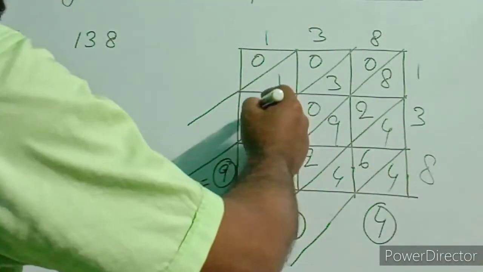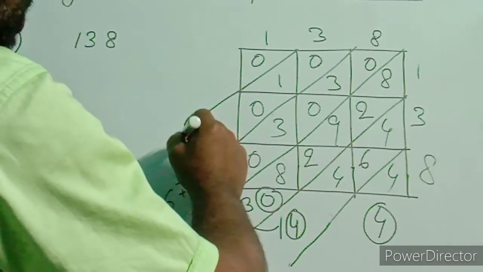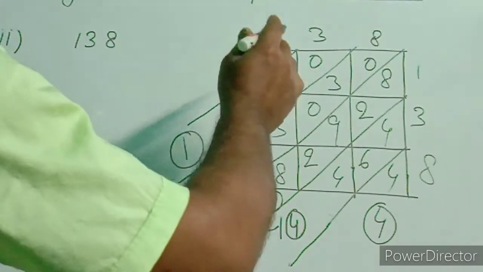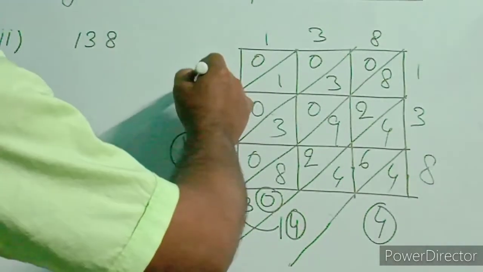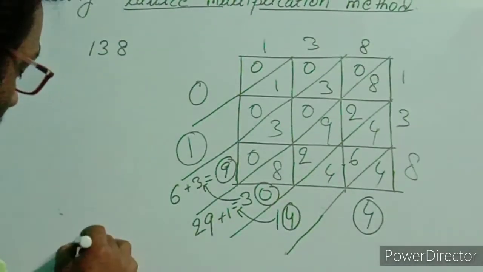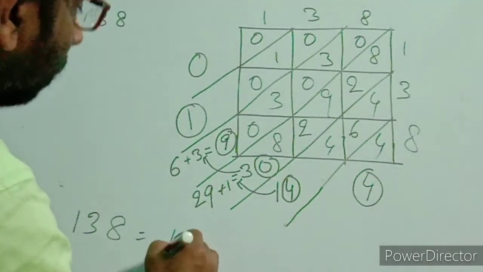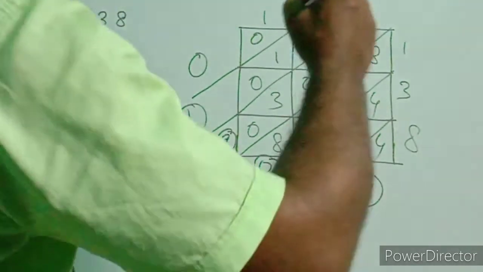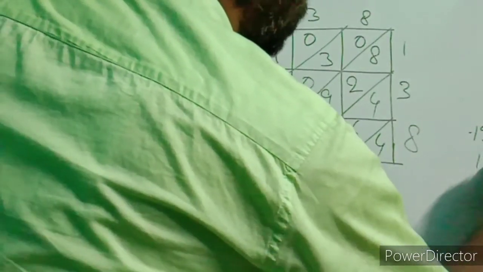Now you add the numbers, those lie between these two lines. 0 plus 1 plus 0 equal to 1. You circle it because this is the unit digit, and here 0, nothing will be transferred because nothing is there at tens place. So this 0 will be followed from here. Now we write 138 squared equal to all the circled numbers: 19044.